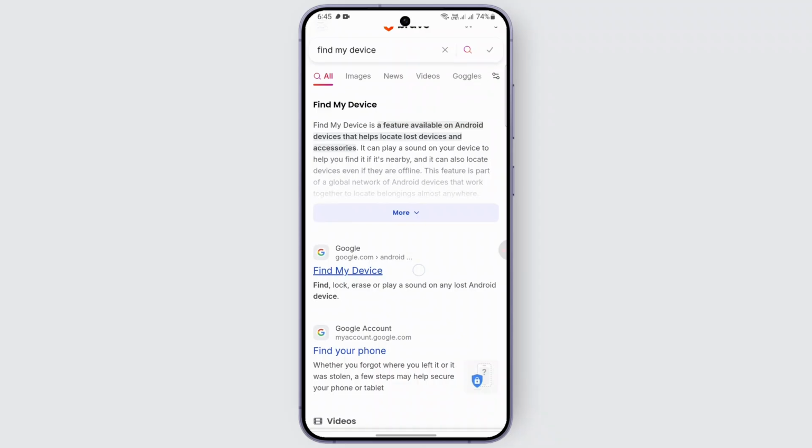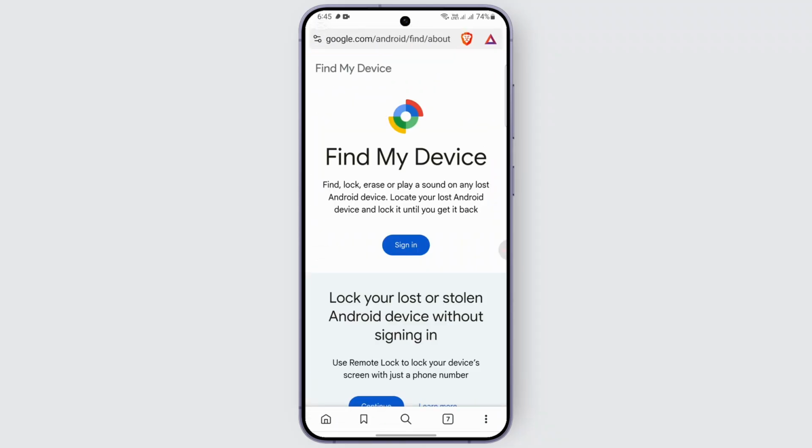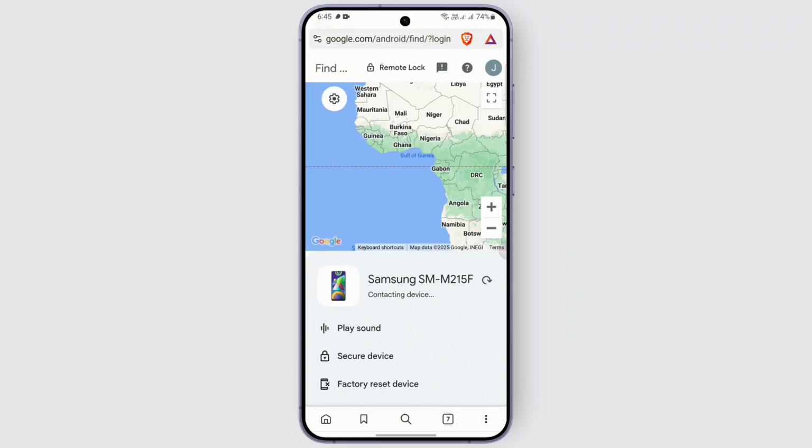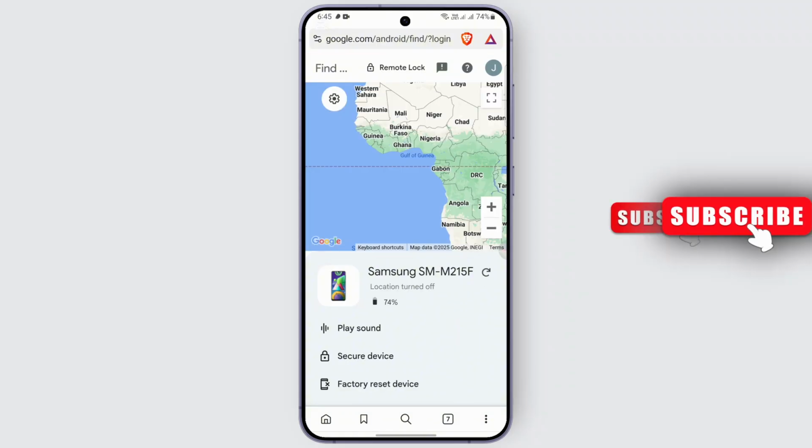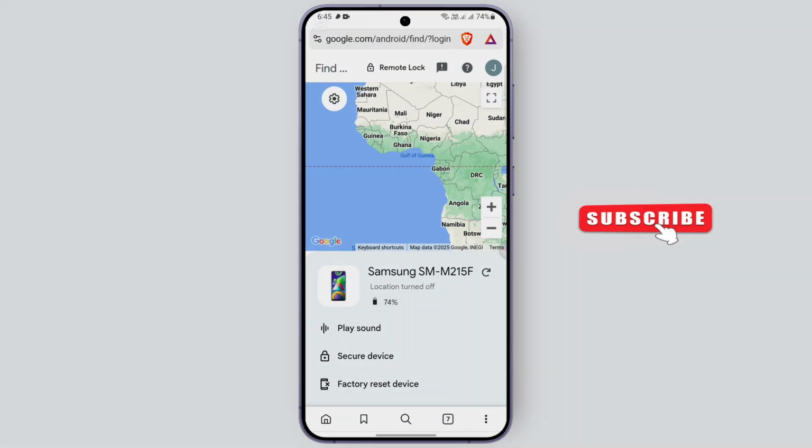After that, you just need to head over to that website or the app and you need to sign in with your Google account. After that is done, you need to select the phone that you want to locate. And remember, you need to log in with the same Google account that is on your phone that is lost